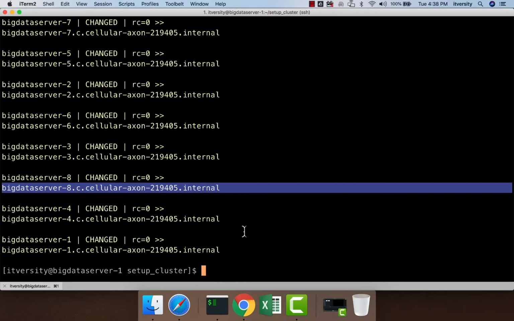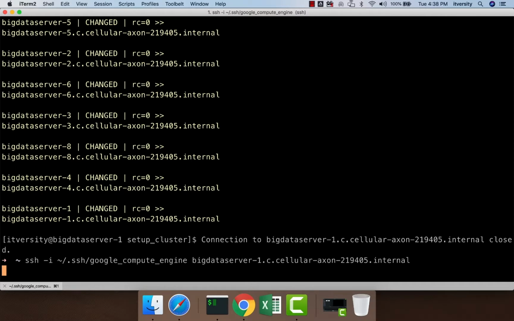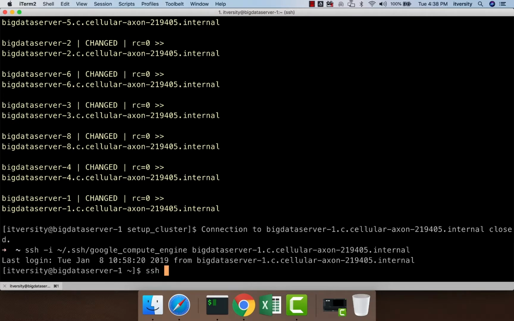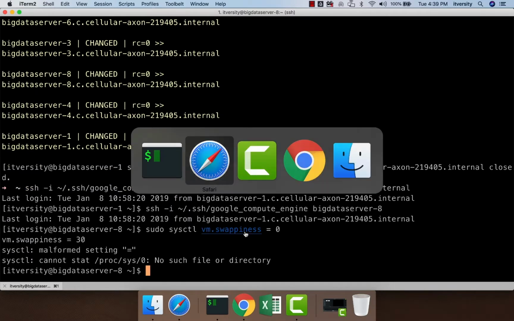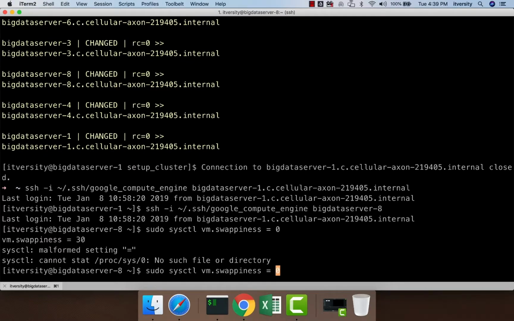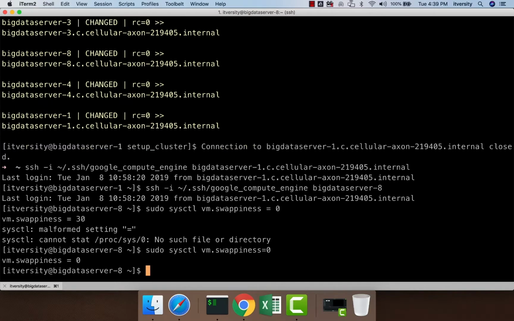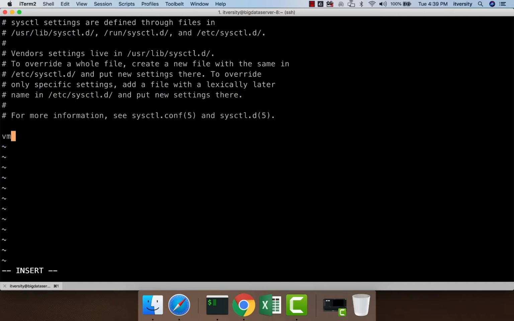So the first issue is we have to disable swappiness. For that, we can connect to this 8th server from the gateway node, and then run this command called sudo sysctl vm.swappiness=0. Let us see the command here. We have to specify it equal to 0 without spaces. Now it worked fine. On top of this, we also need to update /etc/sysctl.conf with vm.swappiness=0.